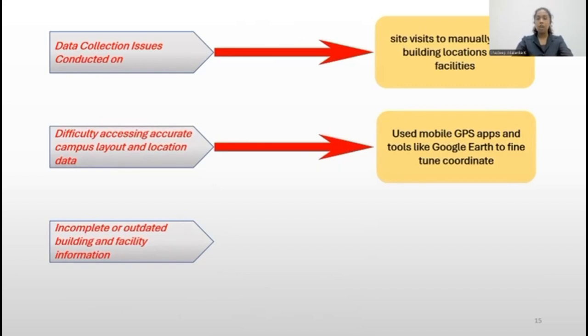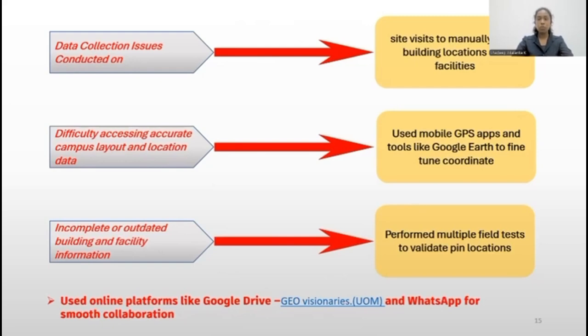So the next struggle is difficulty accessing accurate campus layout and location data. To overcome this, we used mobile GPS apps and tools like Google Earth to find the most accurate coordinates. And the next struggle is incomplete or outdated building and facility information. Actually, University of Moratuwa is widely improving. That means in the category of facilities, it is rapidly growing. So Google Map does not support the new buildings, and some incomplete buildings are there. So our team performed multiple field visits to validate the pin locations, and we used online platforms for our smooth